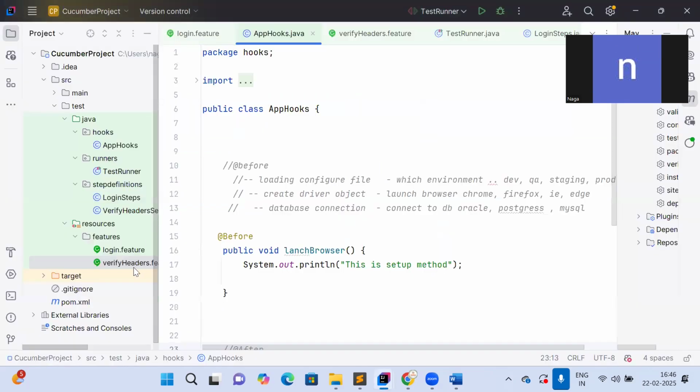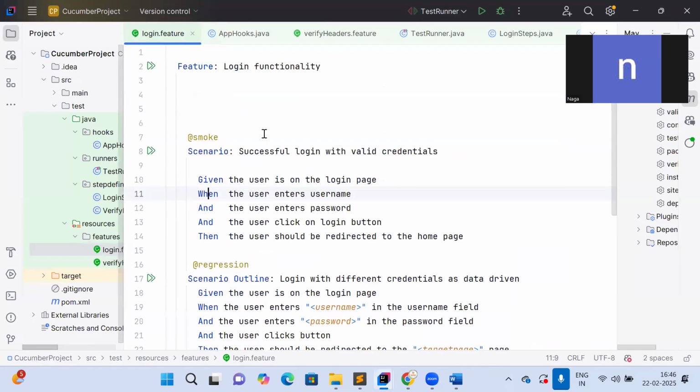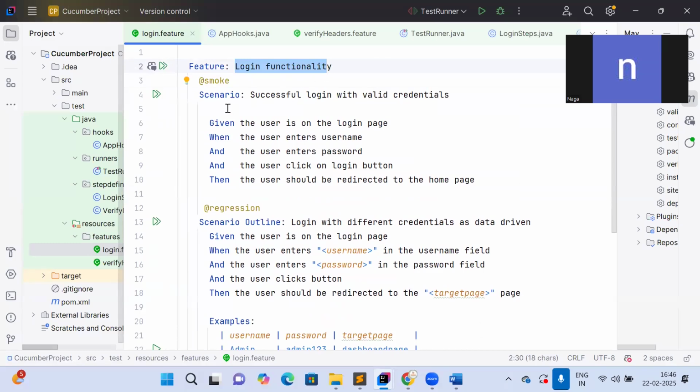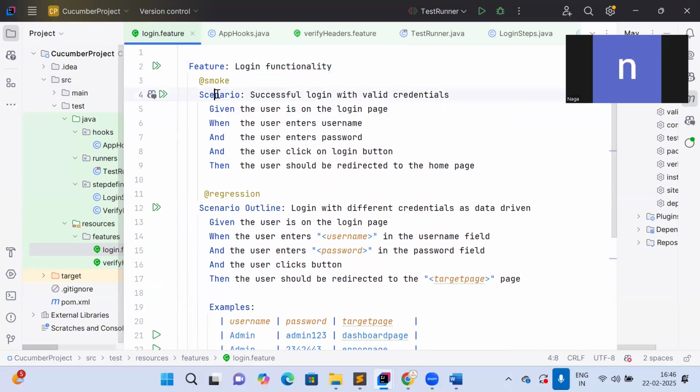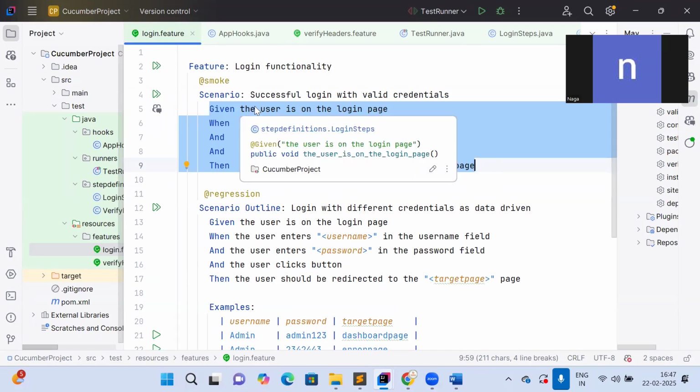So in that Cucumber project, the very first one is our login page. So login page is a feature. We have created one feature, and that feature name is login functionality. On top of that, we started one scenario. That is a login credential, a simple login test case where everybody can see and understand what the coverage is,